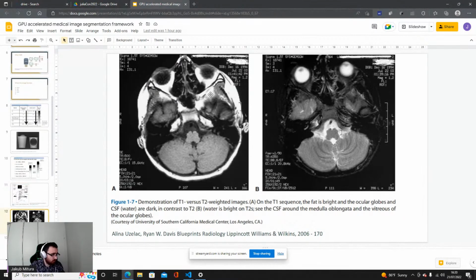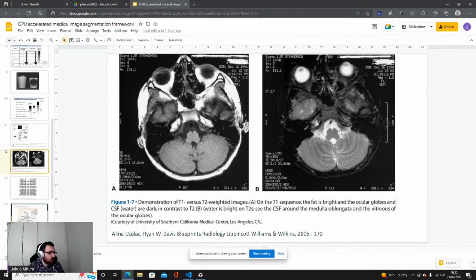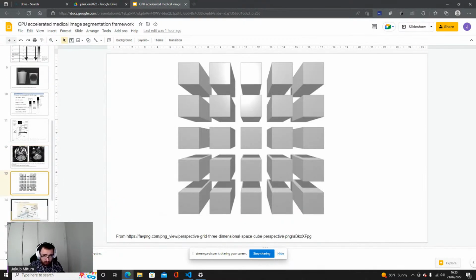And here we have the image. We can see that it is far harder for the rays to get through the bone than the eyes, for example. And this is what we can see. In the end, we have the array, and we know how to work with the array, basically. If you are programming, I'm sure that you have been using a lot of arrays, and to some extent this is always the same. But there are some differences.